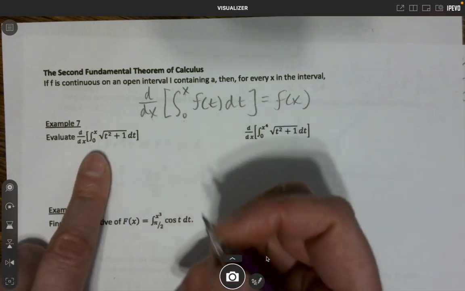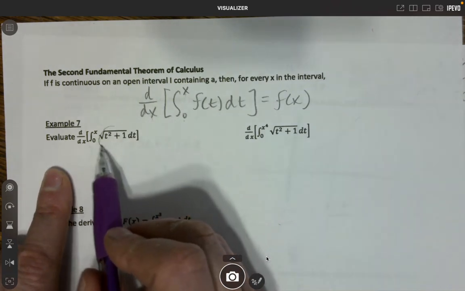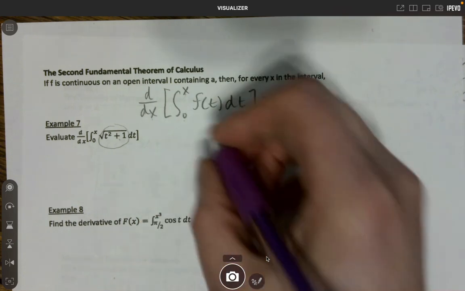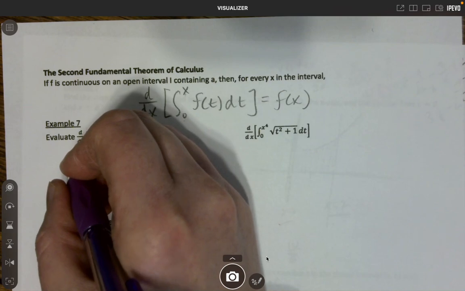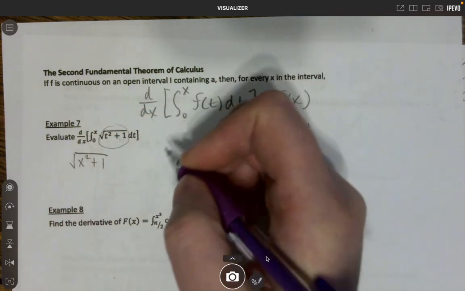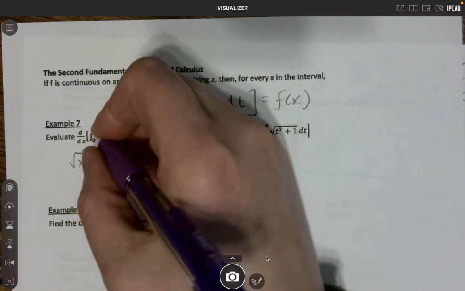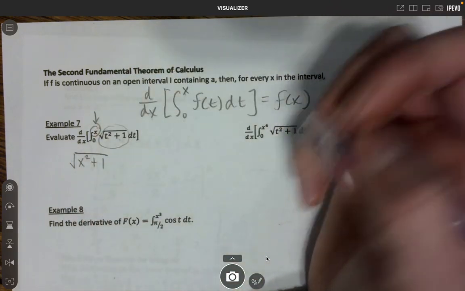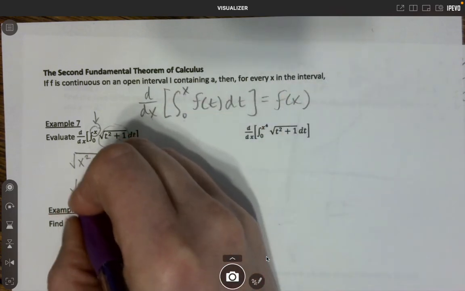So what my steps really are is I'm going to look at taking this guy right here that has a t in it, and I'm going to be substituting an x instead. So, all right, let's see. So this is going to be x squared plus 1. But then the other thing I have to do, so first I just subbed my x in there, but I also have to look at what's my derivative of this guy right here, because that could be a chain rule issue. So derivative of x is just a 1. So my answer on this one is going to be square root of x squared